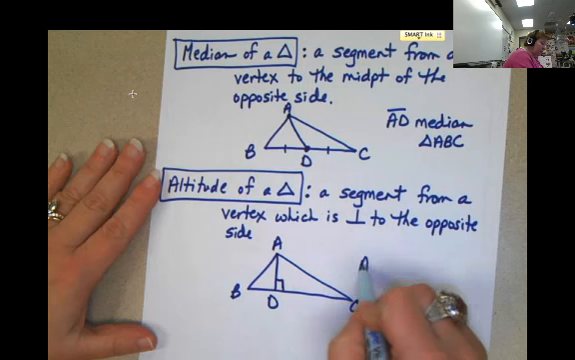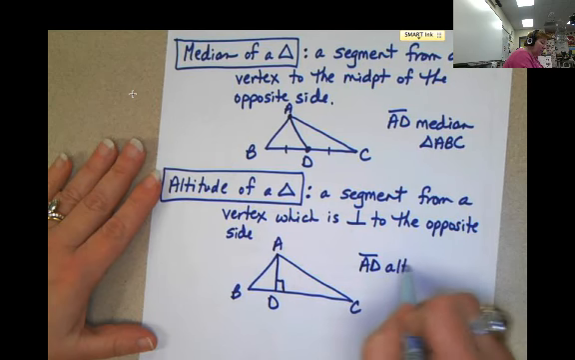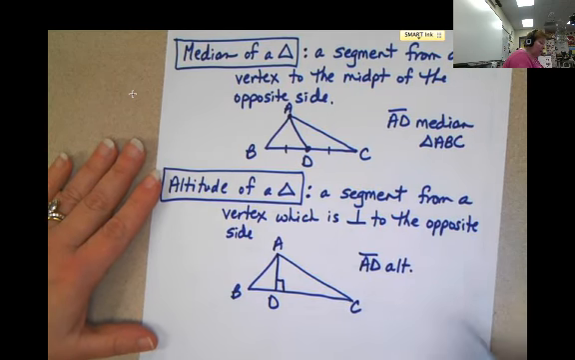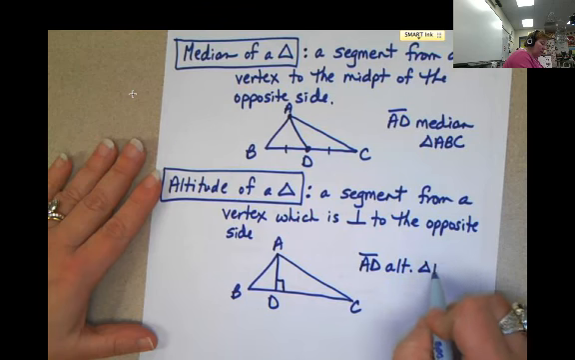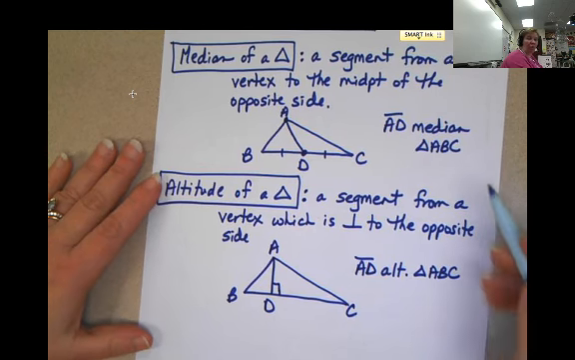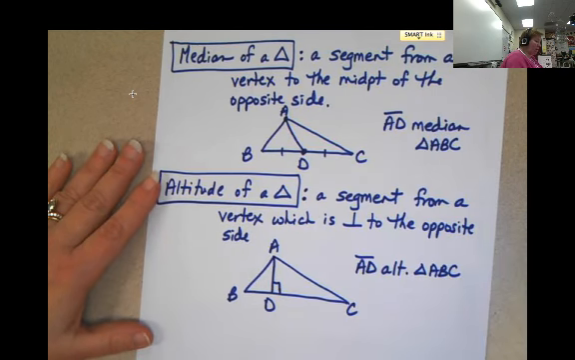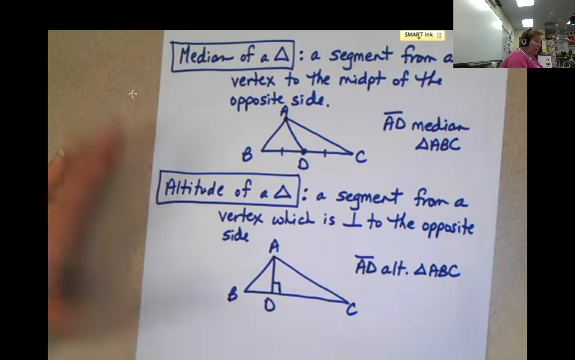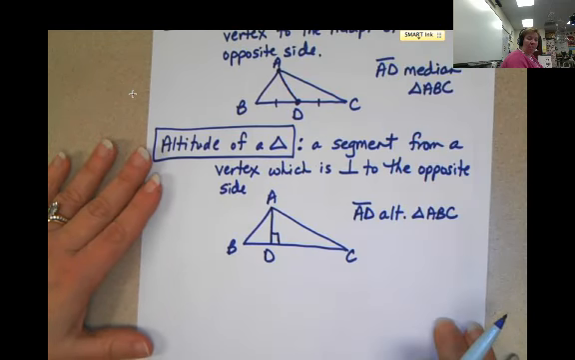And here you would say that segment AD is an altitude, and you can abbreviate altitude, ALT, of triangle ABC, or AD is an altitude to side BC. Notice that we don't abbreviate median, but you can abbreviate altitude. Okay, the last thing I just want to show you is